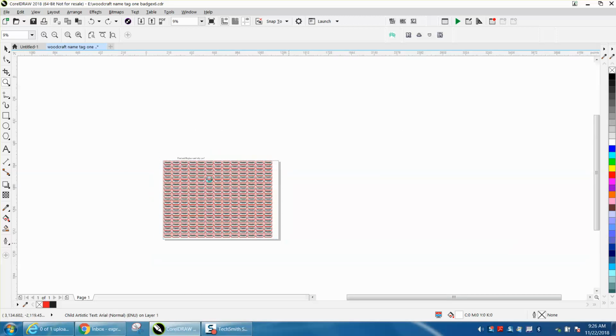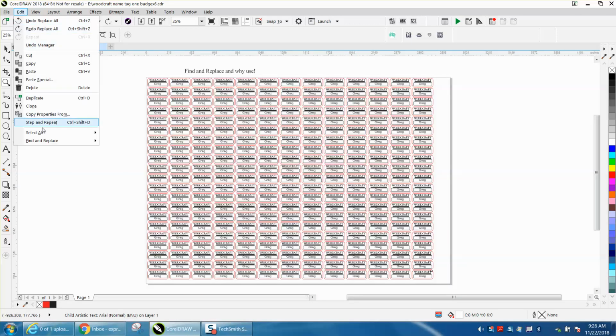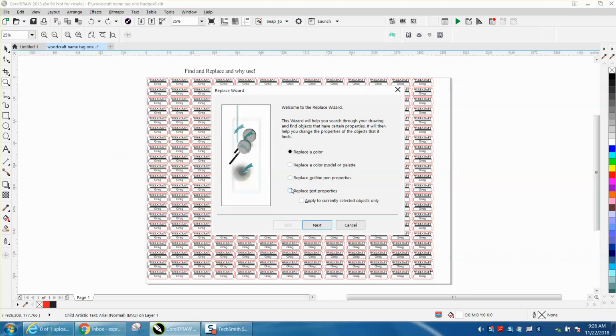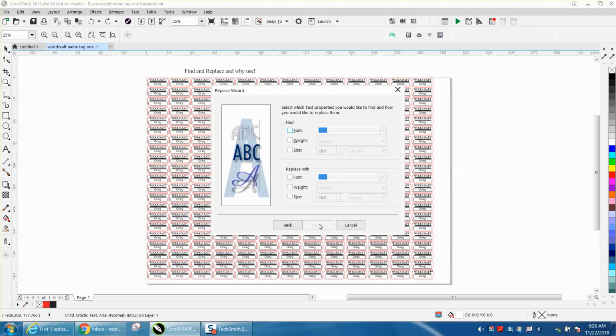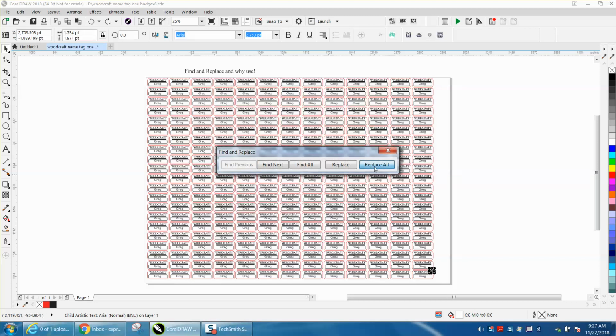over this 273 name badges. So once again, we're going to go to Edit, Find and Replace Objects, Replace Text Properties. Next, it's still going to be Arial, but this time we want to go Arial and change the weight to bold. Finish, Find All, and once again you can watch Corel work as it's going through, and basically it's reading all